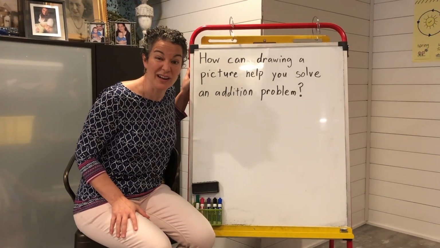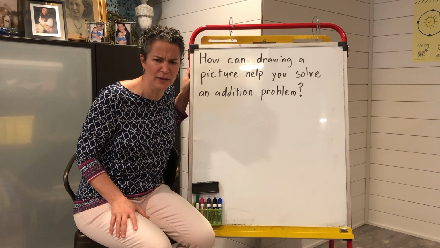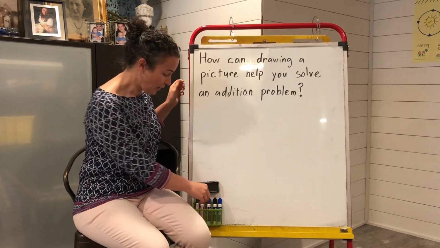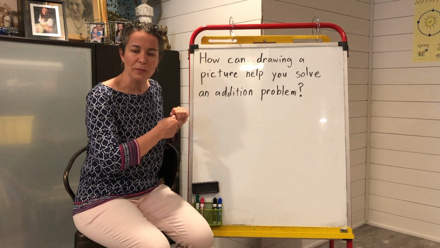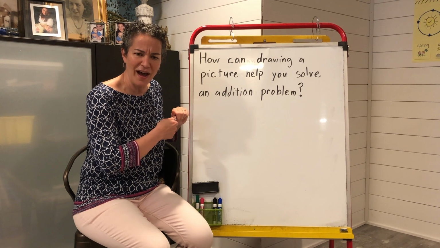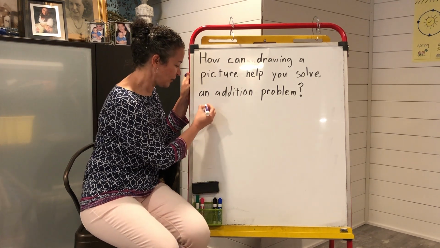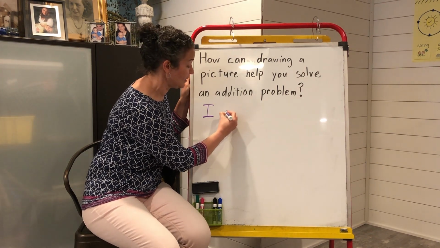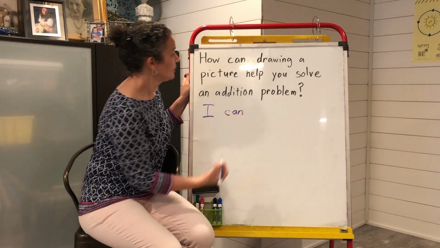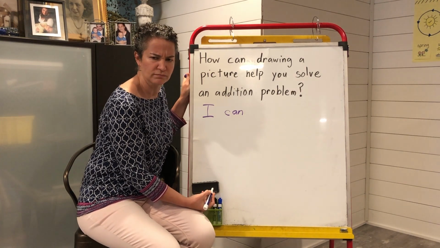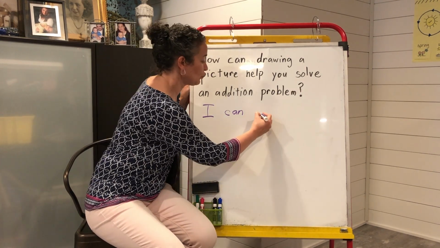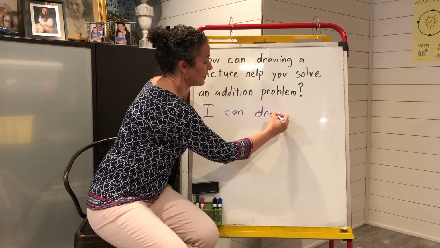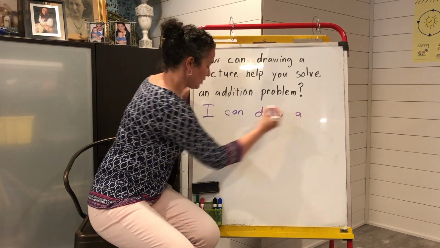Penny says I need to write an I can sentence. She's right. Can you help me do that? Fabulous. All right, my friends. What's the rule about that first word I like to start with? Yeah, I. The word I starts with a capital I. I can. Love this word. It's spelled like it sounds. C-A-N. Shall we say draw? I can draw a picture